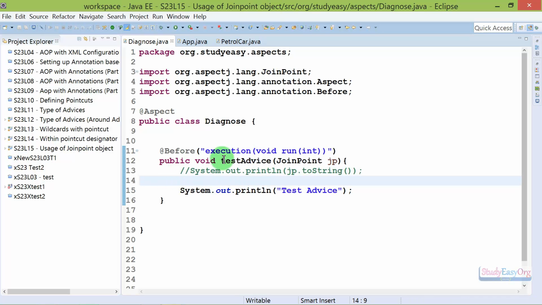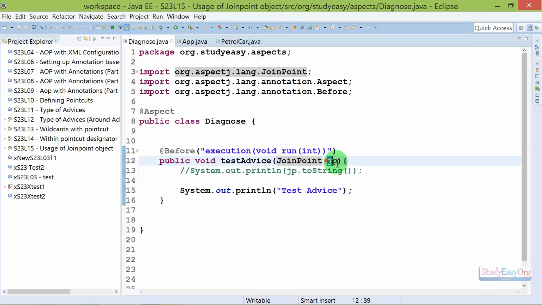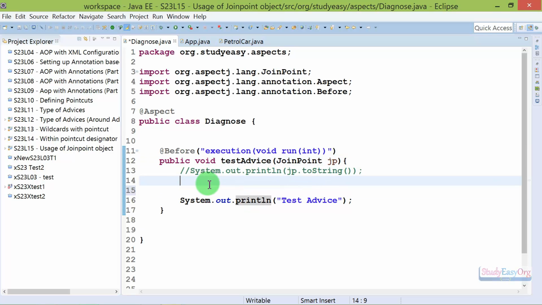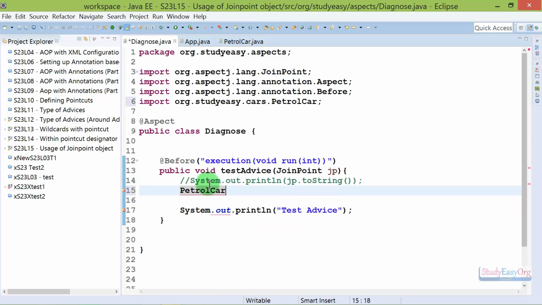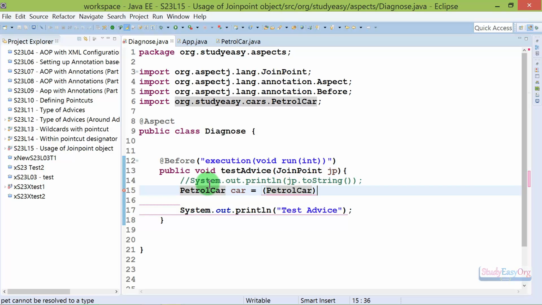In fact, by taking help of this join point, we can also get the object of the called class. So if we want to get an object of the petrol car class, we can do that by taking help of this jp object. So let us check how we can do that. So in here I will say PetrolCar, and we will create an object of petrol car, and then we will say PetrolCar, because we need to cast the object,